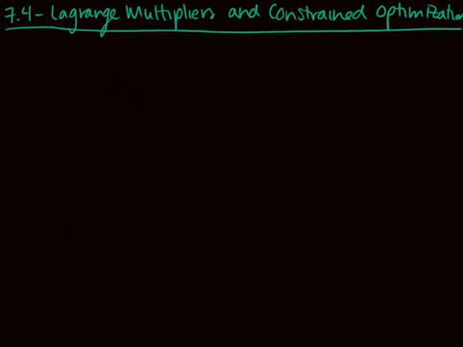We are going to talk today about another way to find maximums and minimums. This section is called Lagrange multipliers and constrained optimization. It's kind of difficult to see what I wrote because this was a long one. But the idea for this section is we're going to find maximums and minimums again, but we're going to have